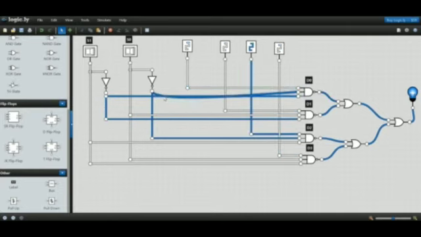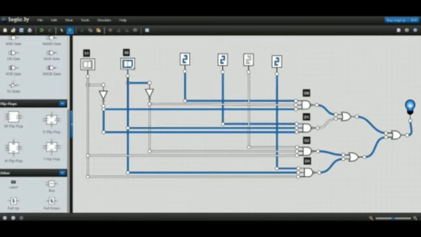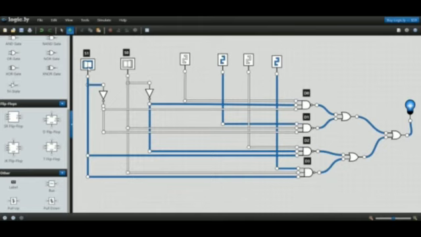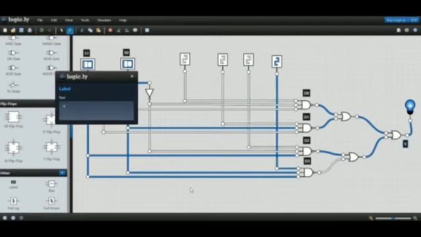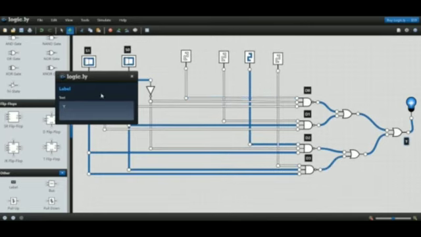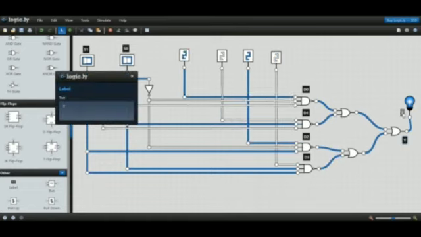By checking the table, if you give input as 0 0 1 0 0 0, then the output will be 1. If you give input as 0 1 0 1 0 0, then the output will be 1. If you give input as 1 0 0 0 1 0, then the output will be 1. And if you give input as 1 1 0 1 0 0, then the output will be 1. So this we call a multiplexer.